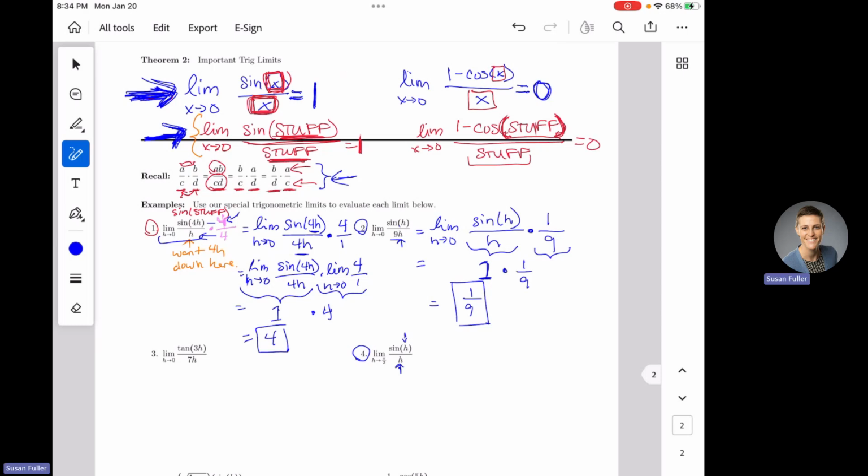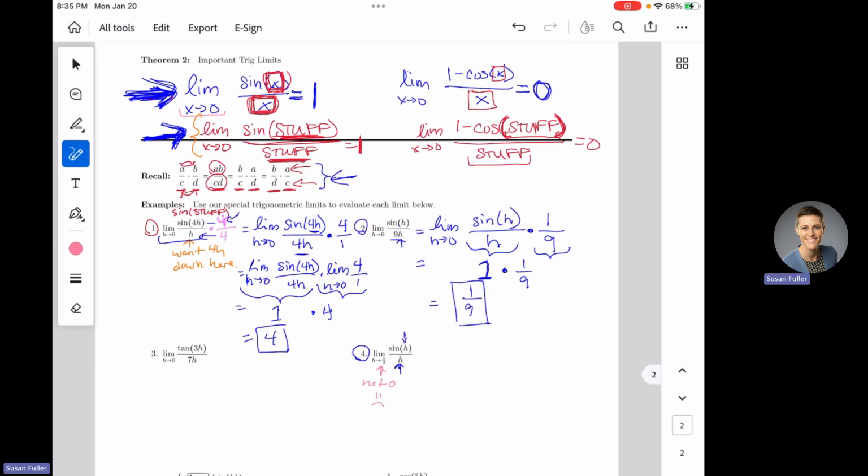No, it's not. It's not 1, guys. Why isn't it 1? Why can't I just use my gift here and say it's 1? Well, because to use my gift, I need the limit as x approaches 0 of that fraction to be 1. Notice this is not 0. Sad face. That's not 0. I can't just use my gift on this because this limit doesn't match this one exactly. So my gift doesn't apply here. So if I can't just use my gift, what do I do?